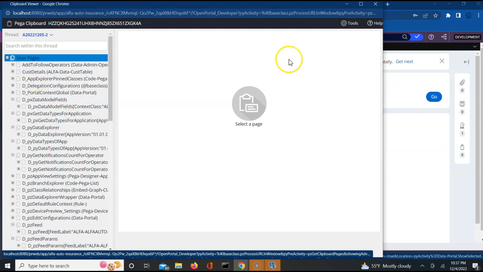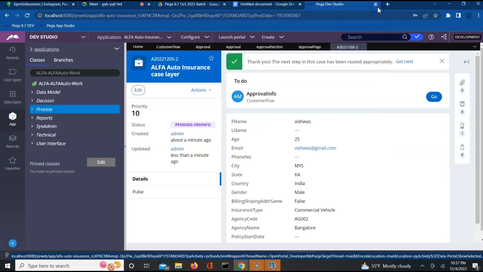We were not able to find that. That means we have to explicitly create it somehow. Somehow we should be creating it, or else those details are not going to be available as part of the flow. How to make that page available? We can do that. To do that, if you go to the flow action which you created, which is